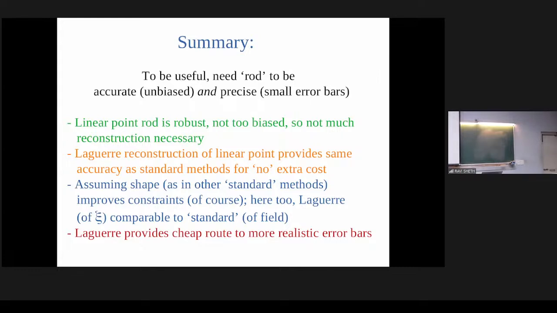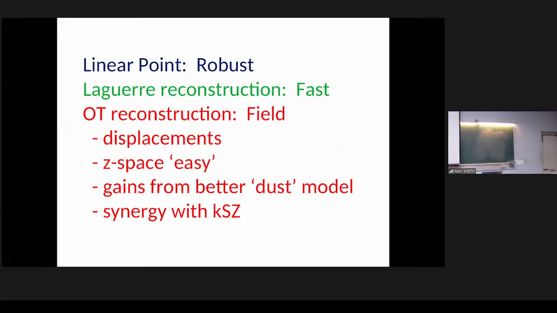But these are all percent, sub-percent in the end. We can do a reconstruction by just fitting the 2-point function. So this is almost trivial. This is 0 type. Or we can do the optimal transform, where we try to reconstruct the field. And the virtue of doing that is we don't have to do only the 2-point function. We can measure many other statistics and see if we get information from them too.